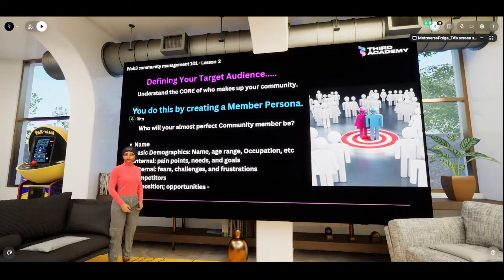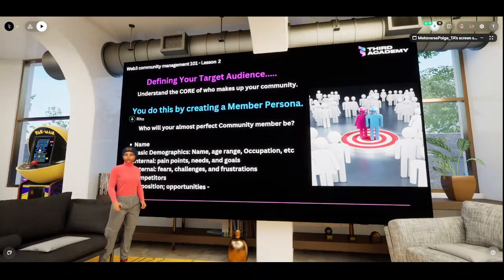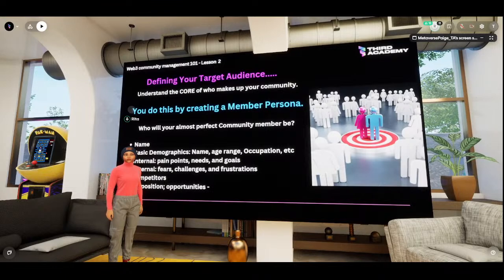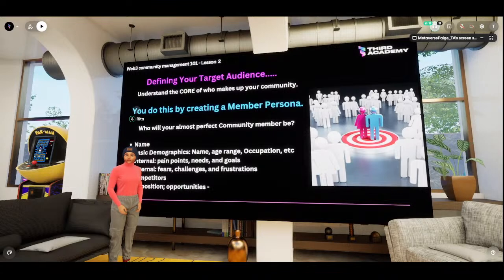One of the needs that Rita has is, she needs a comprehensive and easy to understand education in Web3, right? So you see that her needs directly solve her pain points. The first pain point was lack of knowledge about Web3. And now one of the internal needs is that she needs access to a comprehensive and easy to understand education on Web3, right? What other needs does Rita have? Because she's feeling overwhelmed by the complexity of